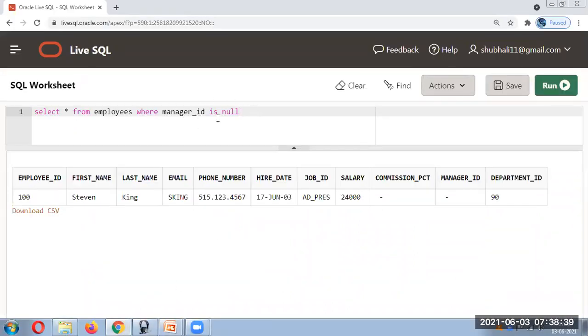So we can write where salary is greater than 10,000. I'm just giving one condition first.